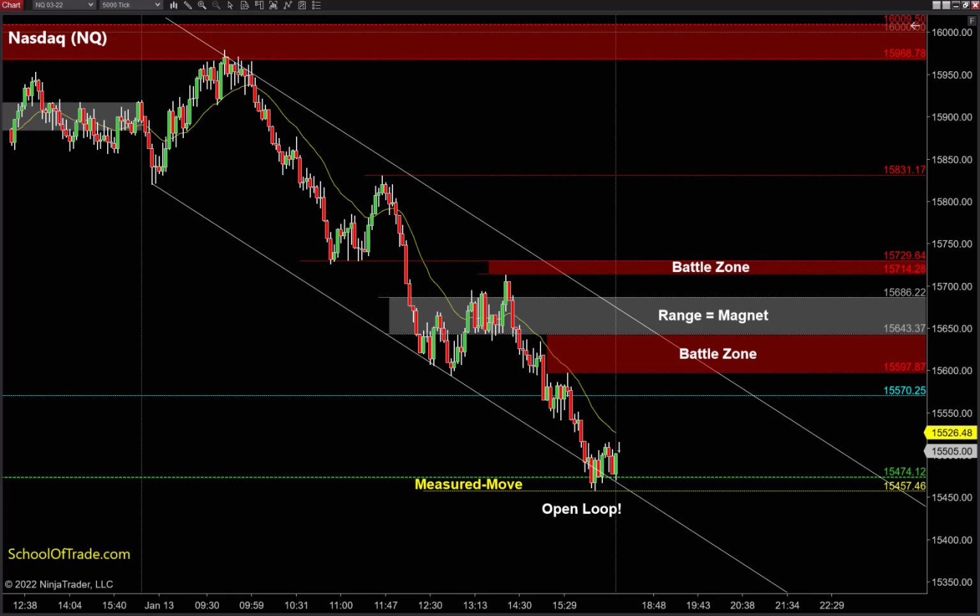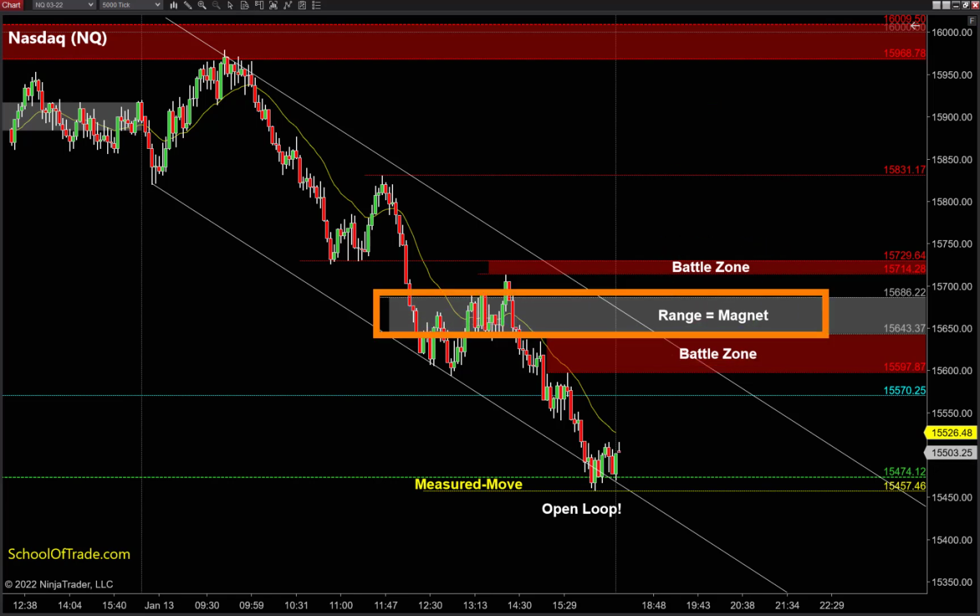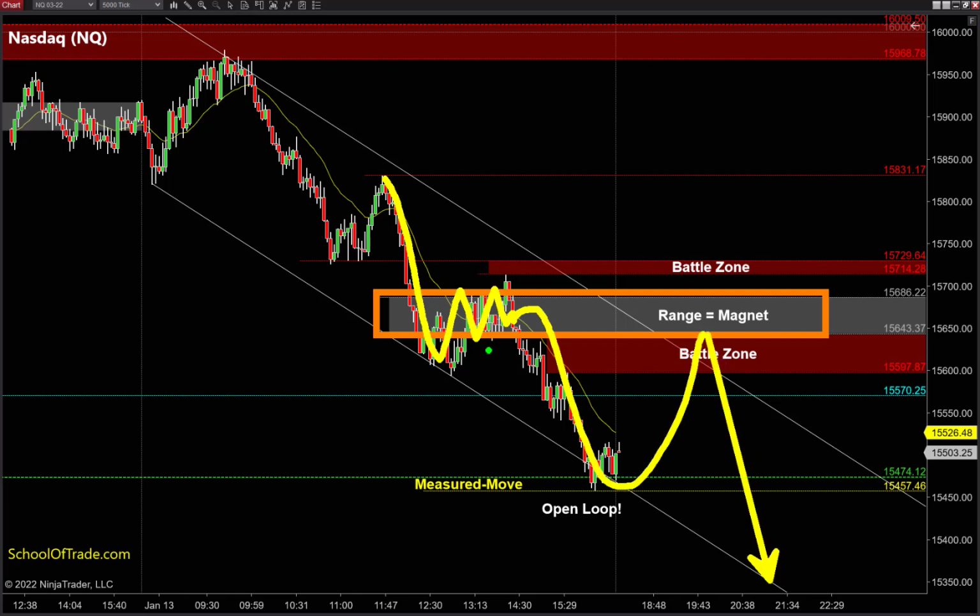And this is where I think we might get that nice deep pullback here, right? I got a couple sell zones, 1 and 2. Another component here would be this range, right? Ranges act like magnets, and so we kind of run lower. We get chopped up inside that range. We spit down. It would make perfect sense that traders are all waiting to short the underbelly on that breakout